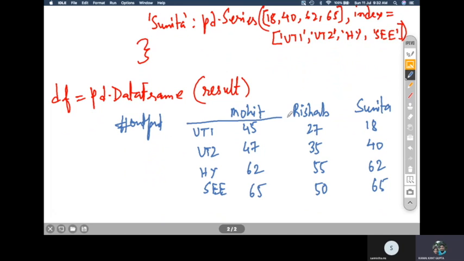So this is what we have. This will be the data frame which will be used.